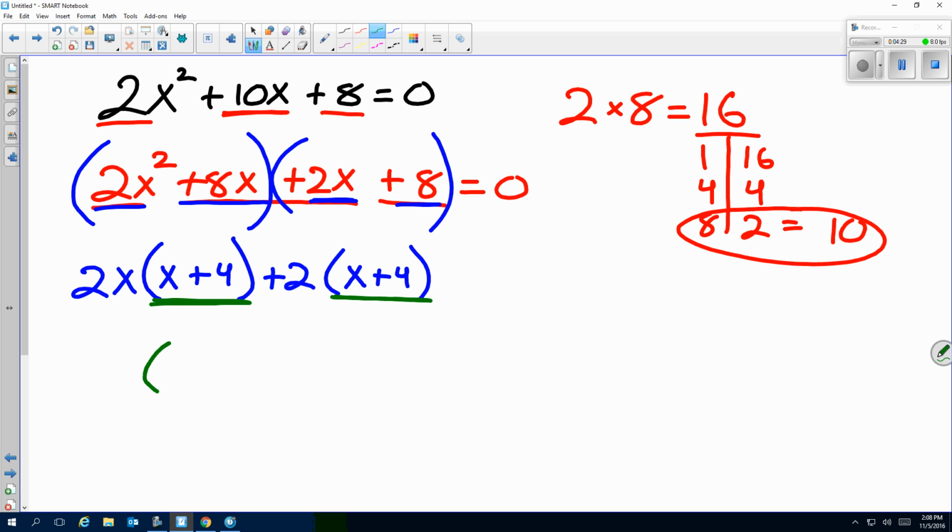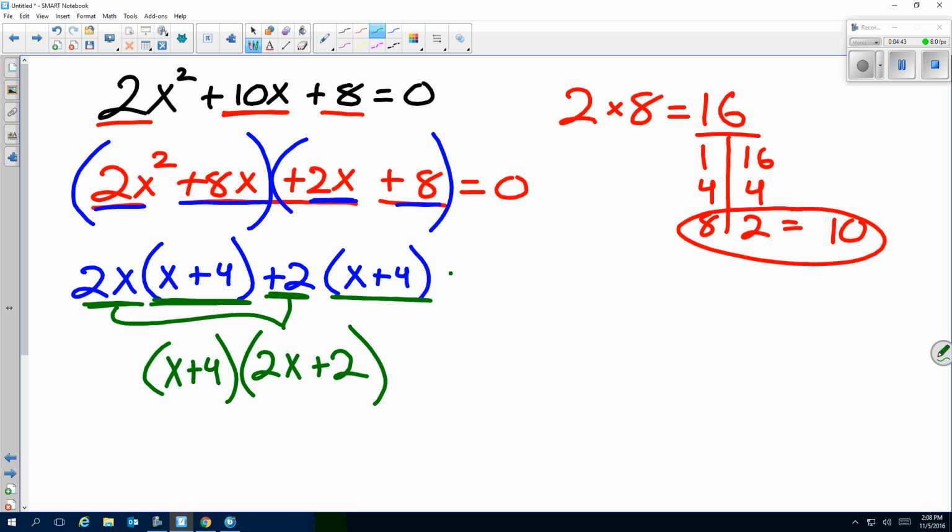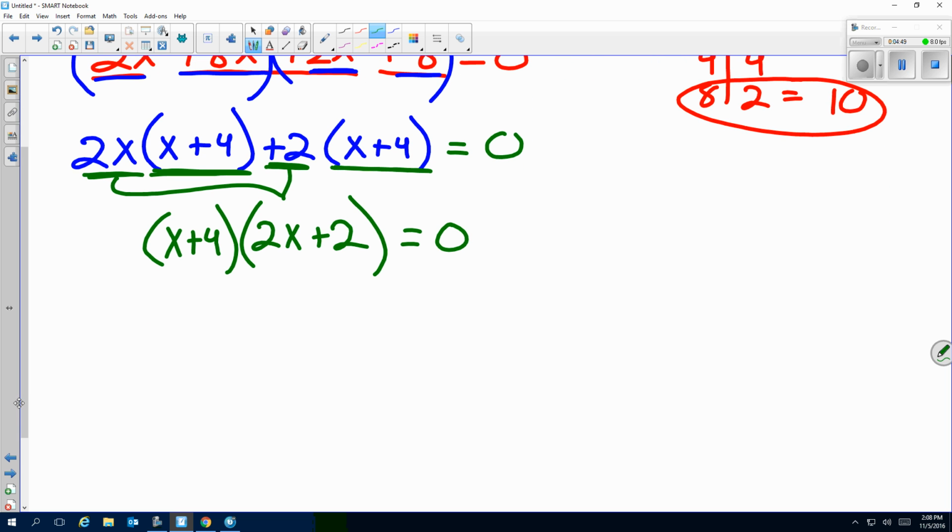That means I can factor out my x plus 4, leaving me with 2x plus 2. These leftover terms, they get to join forces, don't they? Okay? Again, this whole equation was equal to 0. It's still equal to 0. Well, that just means that I have two math problems. I had the math problem that says x plus 4 equals 0, and I had the math problem that says